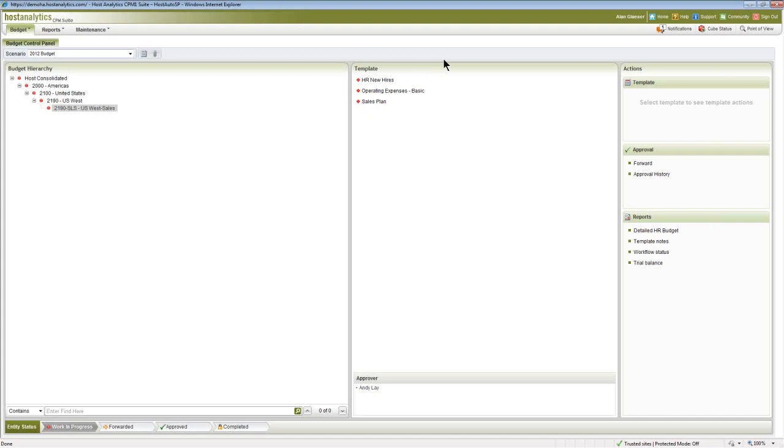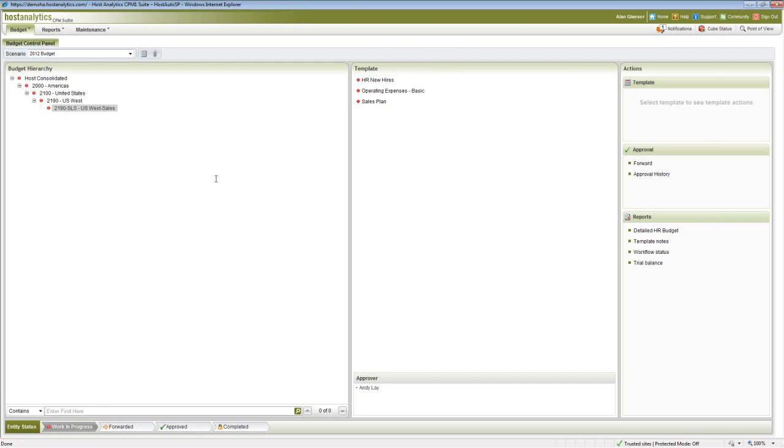So I've logged in as, and you can see up on my right-hand screen, as a field manager. Let's say his name is Alan Glazier. He is out in the field and is responsible for a sales department. So my screen here is really quite simple, and you'll see as I move through another role the differences.